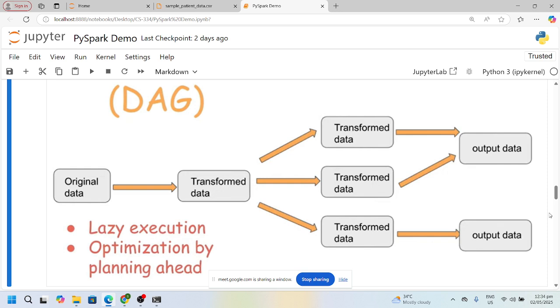PySpark data frame is going to use a particular kind of execution, which I'm sure I named in the last lecture as well, and that is called lazy execution. It optimizes by planning ahead and it essentially creates a directed acyclic graph. And we already know what a directed acyclic graph is at this point. So एक आपके पास original data है, and then every single time that you apply a transformation to the data,